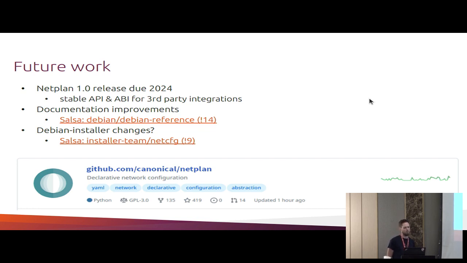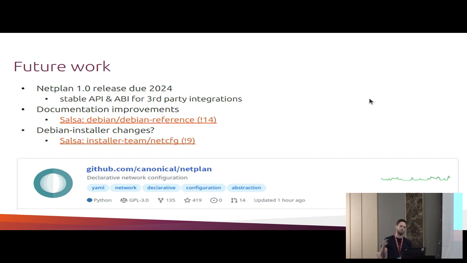Another point that we might look into or should look into: when I was looking into the documentation on the Debian side about Netplan, I was kind of underwhelmed because even though it's being used on the cloud variant of Debian by default, there wasn't a lot of documentation around it. It wasn't really mentioned anywhere.